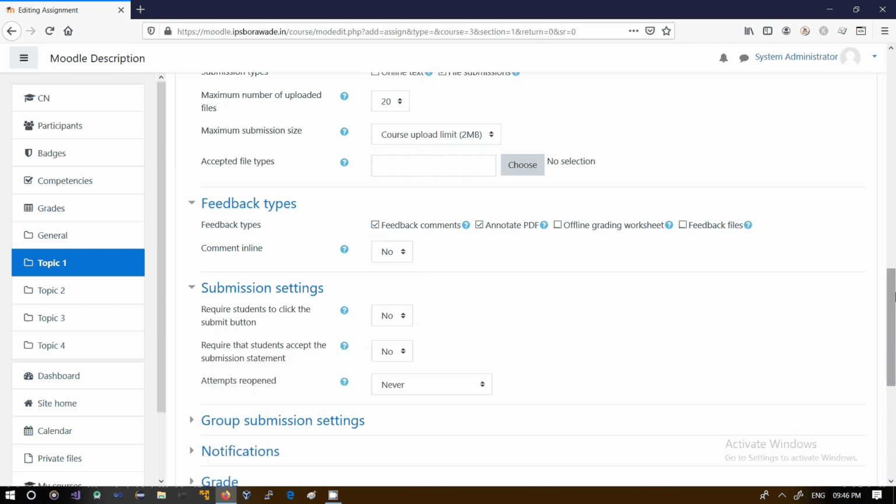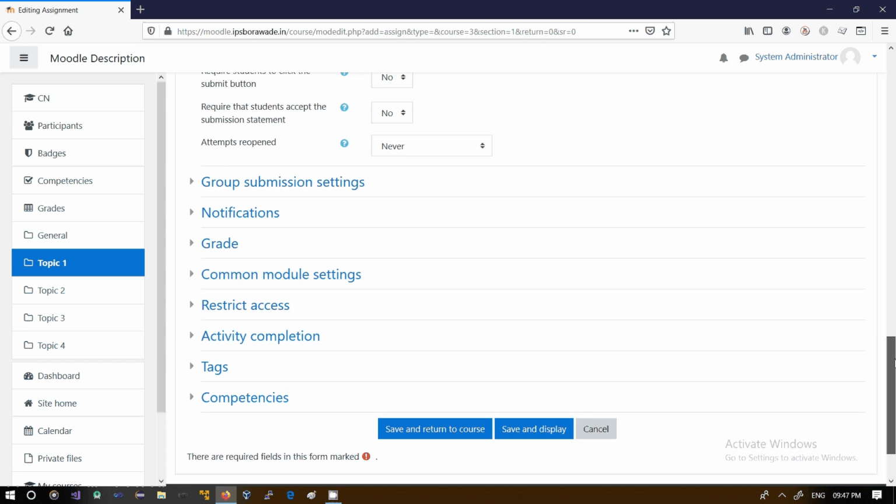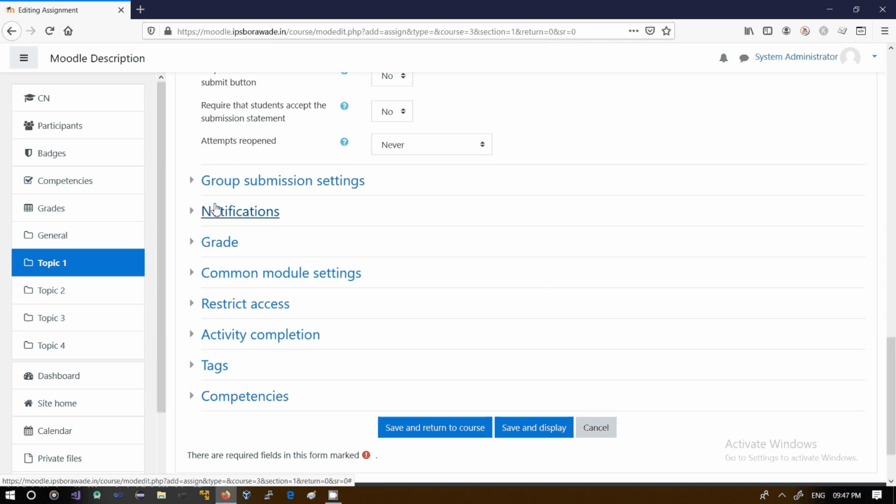The submission settings: you can configure the submission settings, like require students to click the submit button, yes or no. Require that students accept the submission statement. If you want to require it, make it yes, otherwise make it no. Attempts reopened: you can set how many times they can open it. Group submission settings,